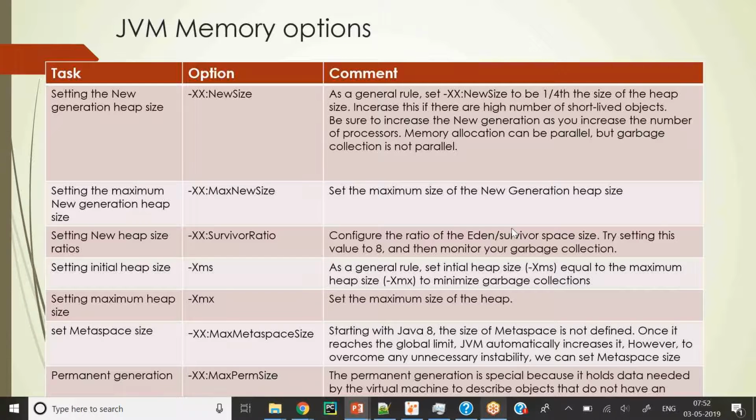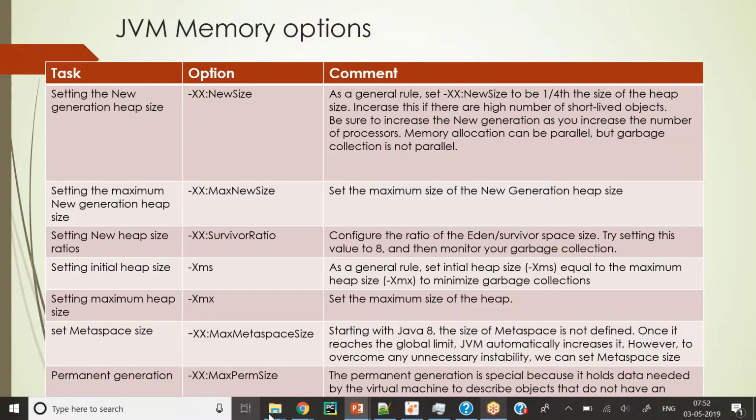So, XX:MaxNewSize, Xms, Xmx, right? All these types of JVM options we are going to see live, and how they impact the heap memory sizes. We already have the Java JPEG store application, right?